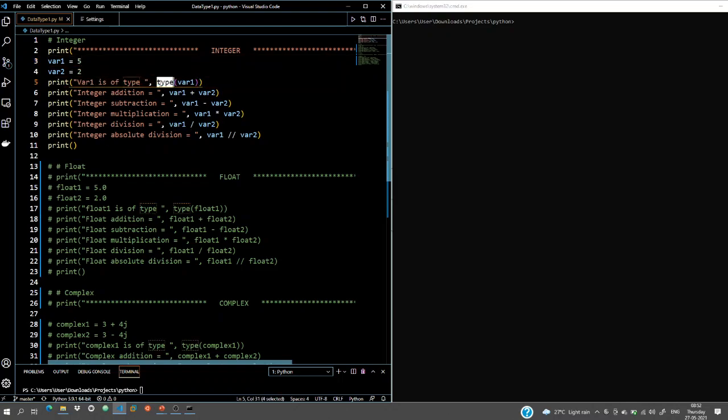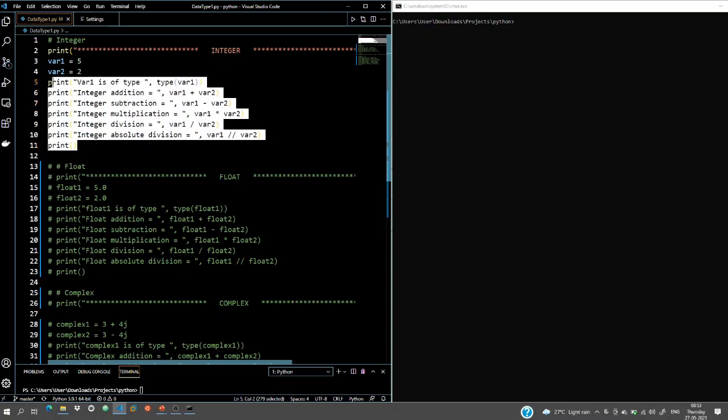You can check that by using the type function provided by Python itself, and this will print out what type Python has assigned to var1. Then we'll perform several actions on it, like addition, subtraction, multiplication, division, and the double slash, which I'll explain in this. Let me run this, and this will be more clear.